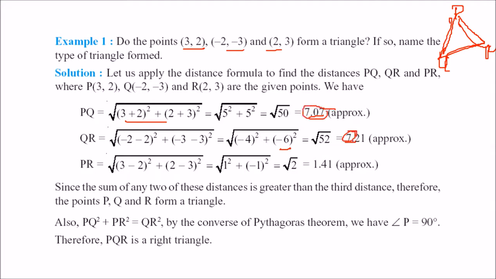You just add these two. Because these are squares, if you add the squares of these, means 50 plus 52, you get the third distance. So what you have got here is the distance of 1, distance of 2, or this square plus this square is equal to this square. That means these are nothing but the sides of a right angle triangle. That means this angle P has to be 90 degrees. So PQR is nothing but a right angle triangle.